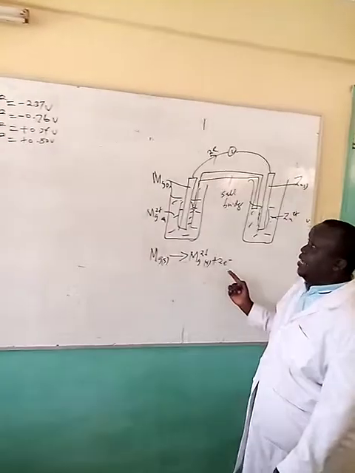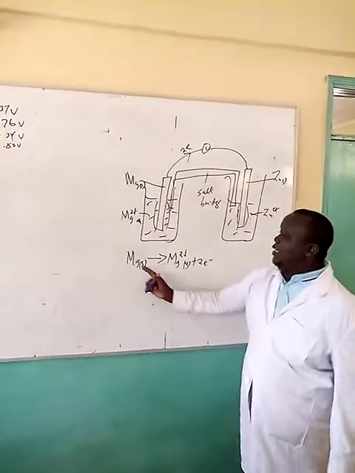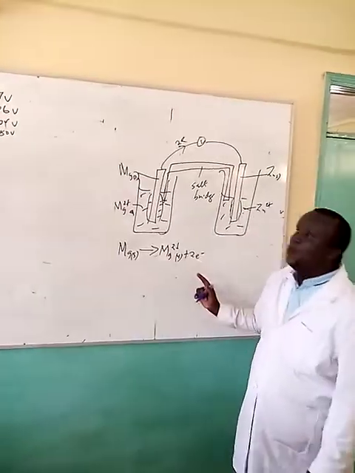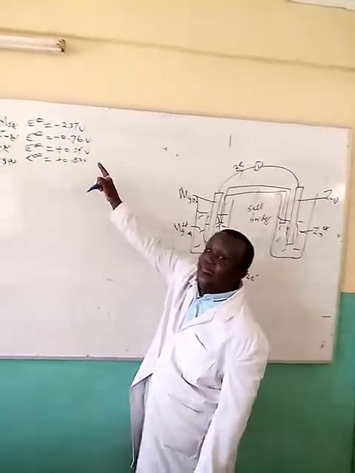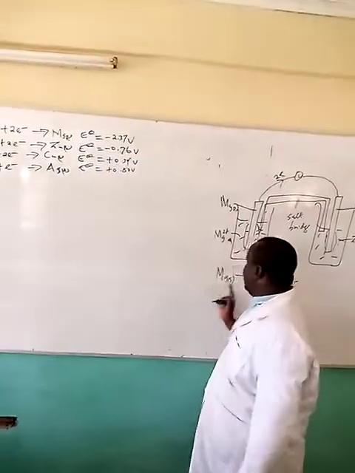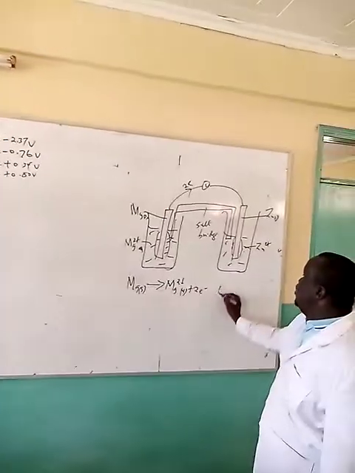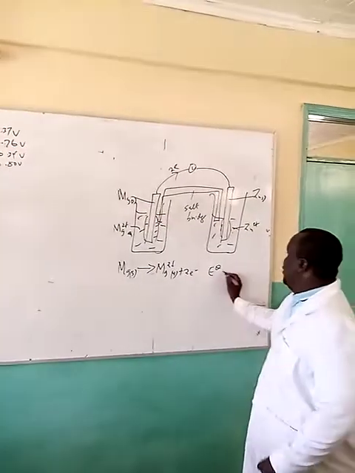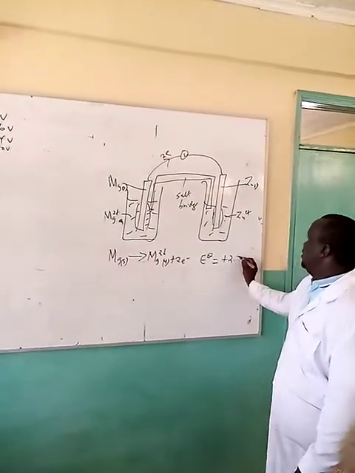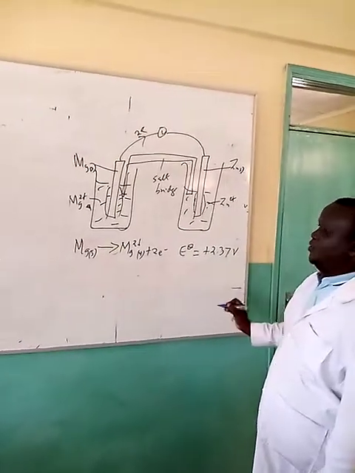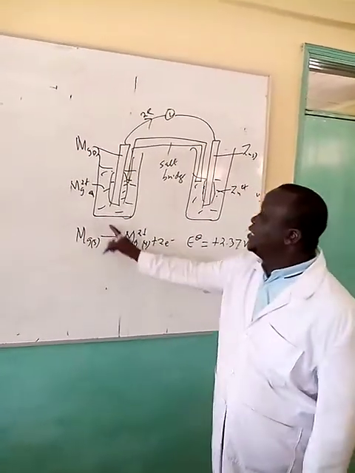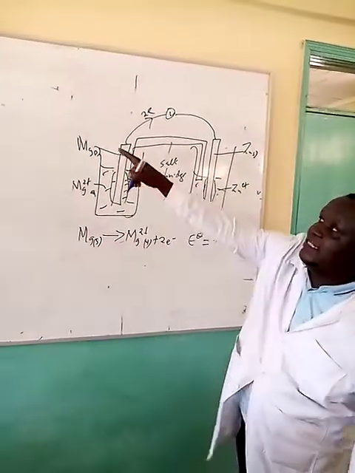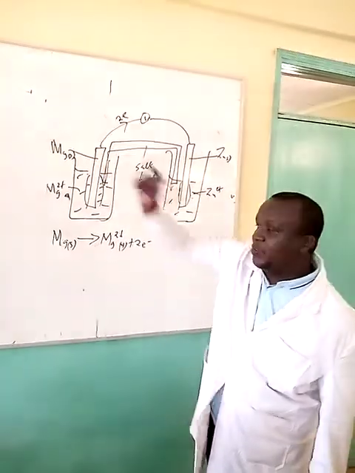When this reaction occurs, magnesium goes to the solution to form magnesium ions by releasing two electrons. We must reverse the sign of the value because this is the reverse of the tabulated one. We are using the standard value because the hydrogen half cell has been used as a reference half cell. And therefore, we shall have positive 2.37 volts. This is the equation for the reaction taking place in this particular half cell, and this is now the oxidation potential because it is the direct opposite of what is given as the reduction potential.